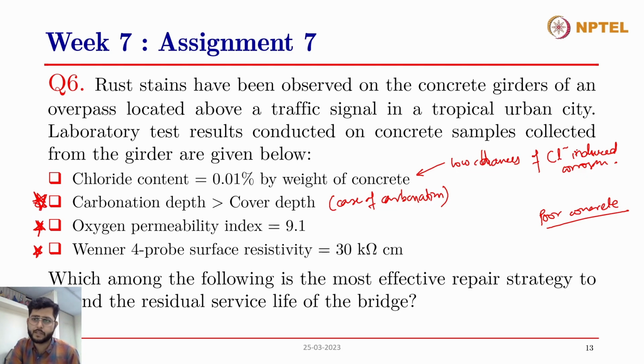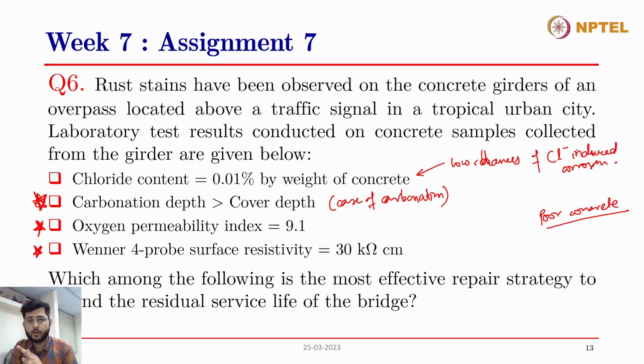It is present in a tropical urban city, and it is over a traffic signal. So it is not exposed to any coastal environment or an environment which might be rich in chlorides. Based on the location, we can also assume there won't be a sufficient amount of chloride available in the environment to cause chloride induced corrosion, unless there is admixed chloride in the concrete, as in if chloride is already present in the mixing water used while preparing or manufacturing the concrete,